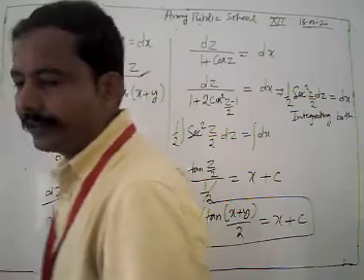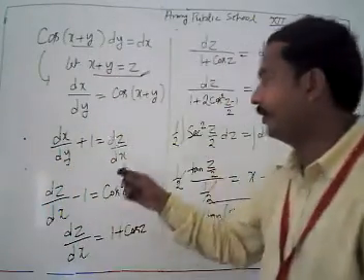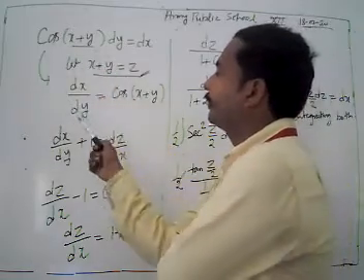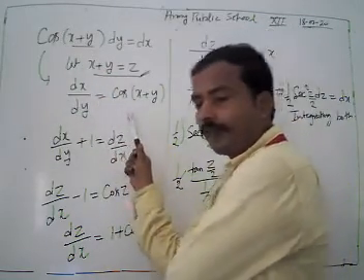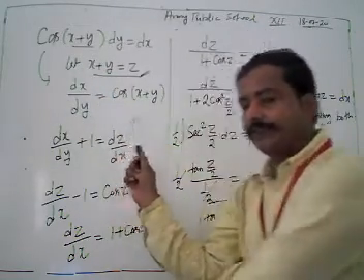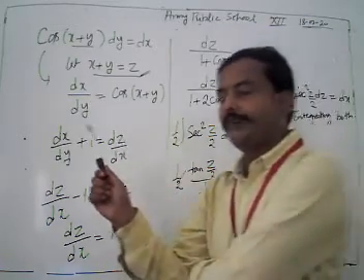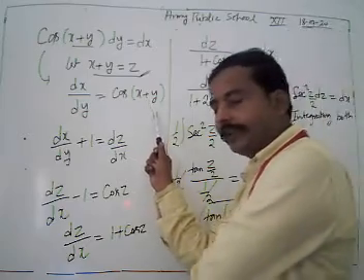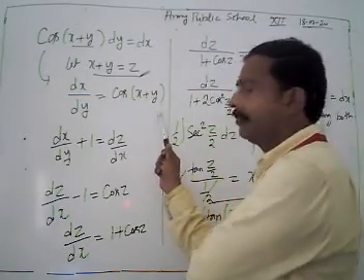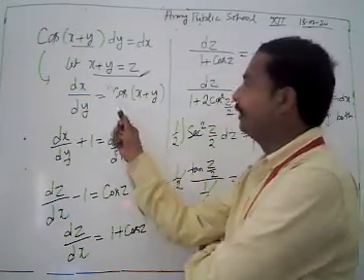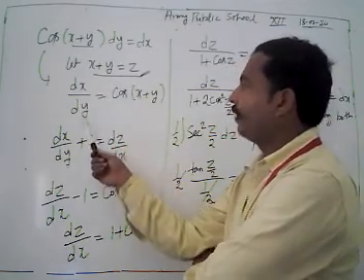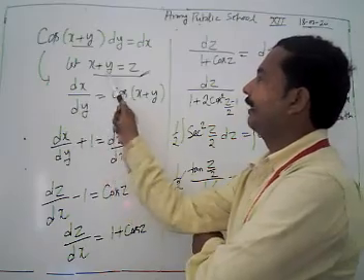What did we discuss here? Now again we are going to revise. We have the problem dy/dx equal to cos(x + y). When we transform, we have dy/dx equal to cos(x + y). It is a form of equation we have to reduce using the variable separable method. In the sum there are two variables, but both are in the sum function. Then we reduce it to a single variable. We take x plus y equal to z.